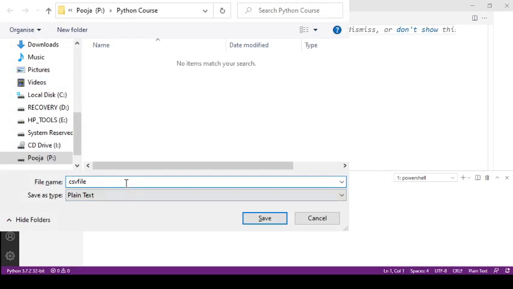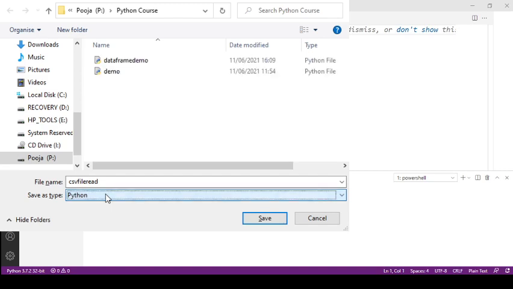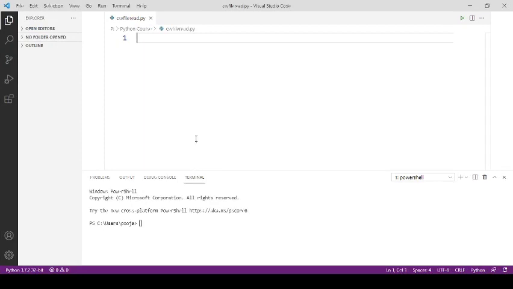You can give any name and you can select the type of file. So we are creating Python file. Just select Python and click Save. Now start writing your code.